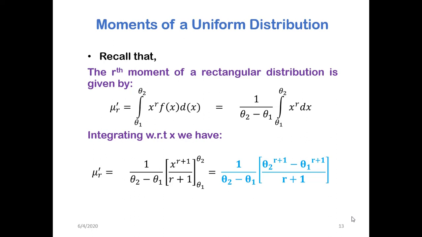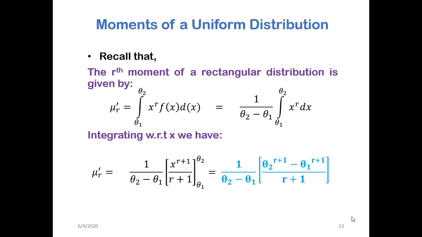Now, remember the concept of moments. We discussed some issues referring to moments in the case of discrete distributions. So with regard to moments for the uniform distribution, this is the formula. We have said a uniform distribution is rectangular in nature. It's called a rectangular distribution. So this is the formula for the rth moment of a rectangular distribution, which is defined over the interval